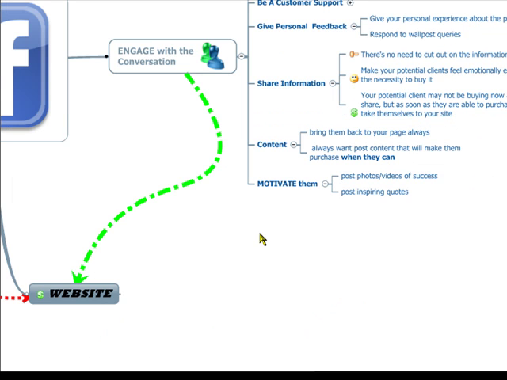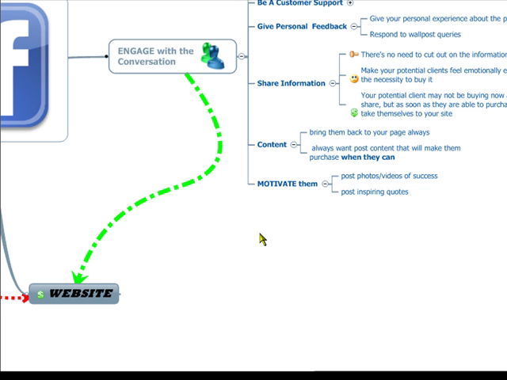Now, you always have to keep in mind that your potential client may not be buying it right now because probably they're broke or whatever, but the fact that you have given all this information, they're full of this information, this will actually let them drive themselves to your site, and they would eye on your product, and they'll just feel that you have all the inputs that they needed, and you have shared all that you can, so just for them to purchase a product, because that's just the product that you're waiting for, okay?